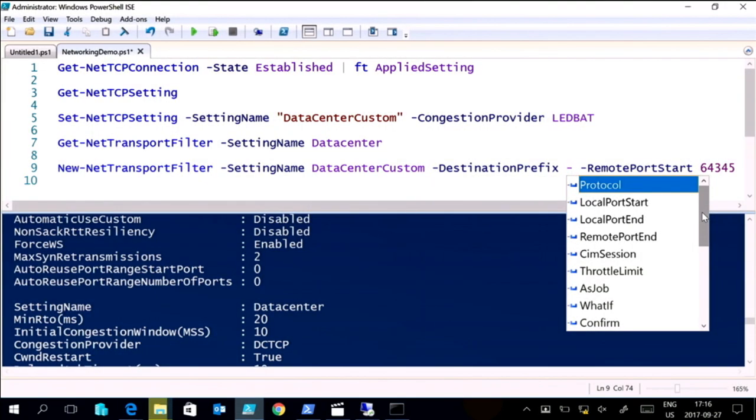Yeah. So you can do quite a lot of smart things. You can use the remote port, you can use the local port, you can also define it per subnet basis, and you can do it per server as well. So there's quite a lot of things that you can do today. You can also stage your content that you want to push faster on one server and not use LEDBAT on that, and on the other one you use LEDBAT. So for packages or data where it's okay to take time, you put that on the LEDBAT server, and you just enable that for the entire server if you don't want to define it, and then you use the other server for more content that you want to push. So there's plenty of ways to control it. So, you're welcome.